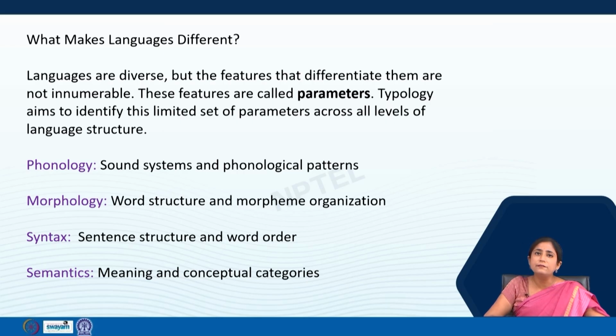Typology aims to identify this set of parameters across all the levels of language structure. May it be the level of phonology, where we talk about sound systems and phonological patterns. It can be at the level of morphology, where we talk about word structures, morpheme organization, how morphemes get attached to a word, and we talk of different types of morphological patterns. Syntactic patterns, like how sentence structures are there and how word order affects various other components of a sentence,